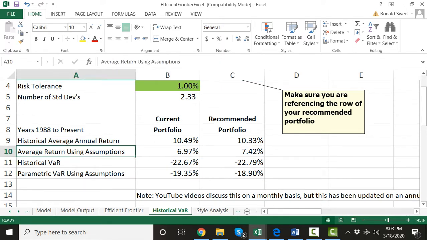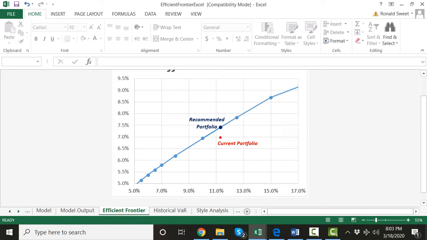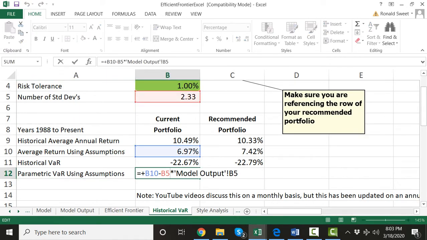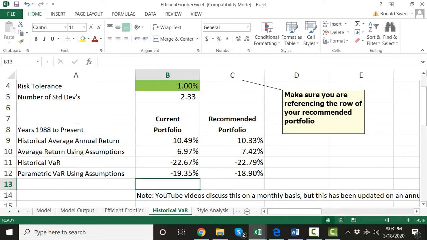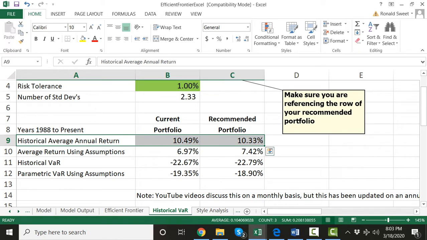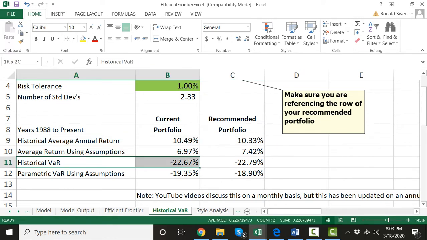If you look back at the efficient frontier, just like we told our client, we expect the portfolio we recommend to have a higher return at the same level of risk. That's true for standard deviation, but it's going to be a slightly better value at risk because we have a higher expected return. But let's compare that to historical data, and here you'll see immediately why our industry does not like showing this,